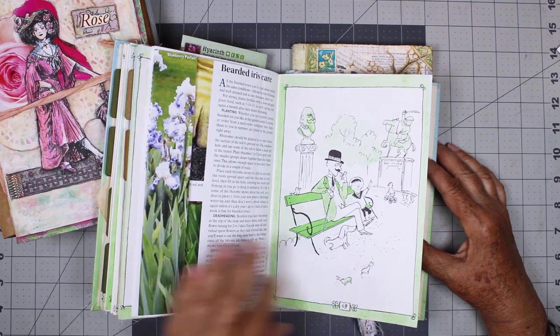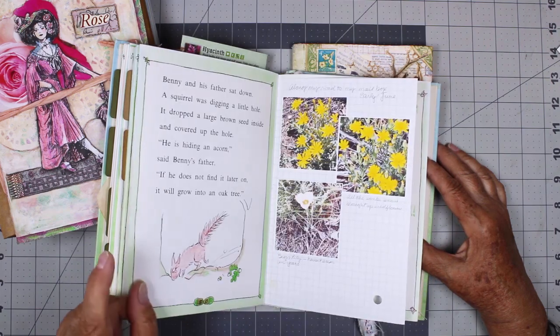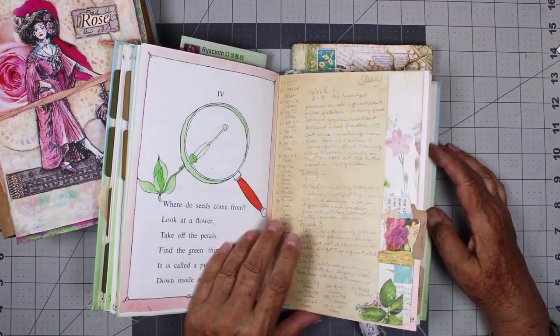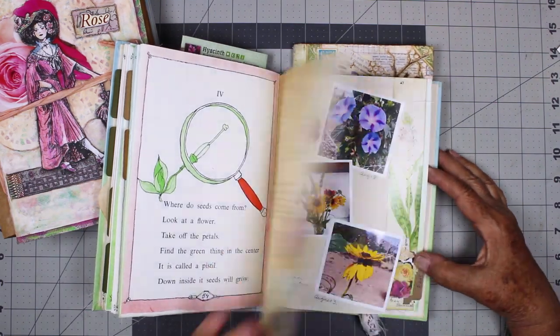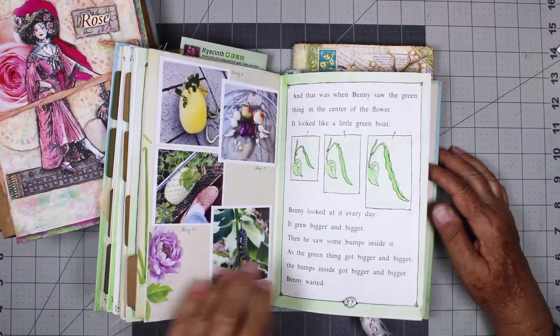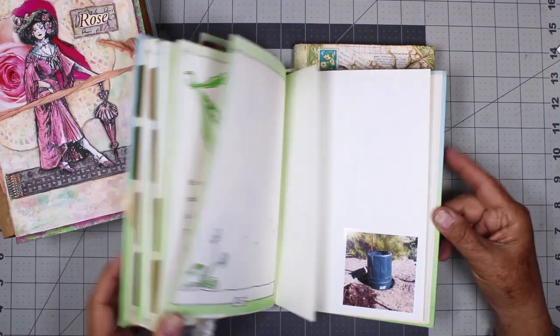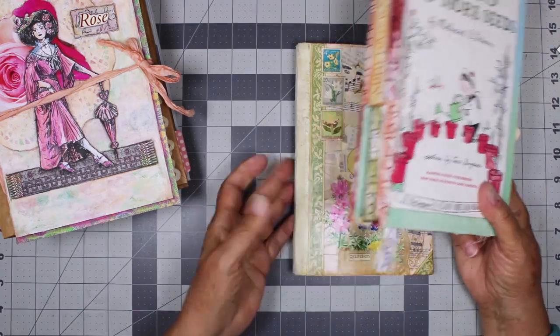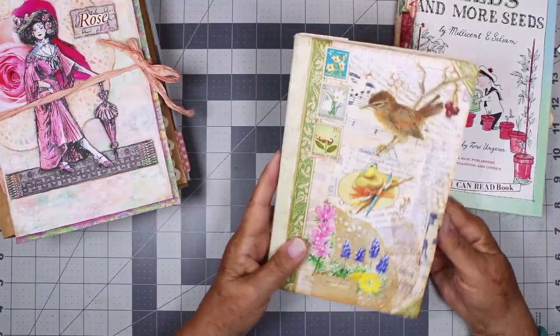So it's a junk journal, but all the pages of the book are still in here, and they're still in order, and I did a video on how I made this. So I'm getting towards the end of this, and I'll need another one for next year. So this one was an altered book. This one is from the year before,